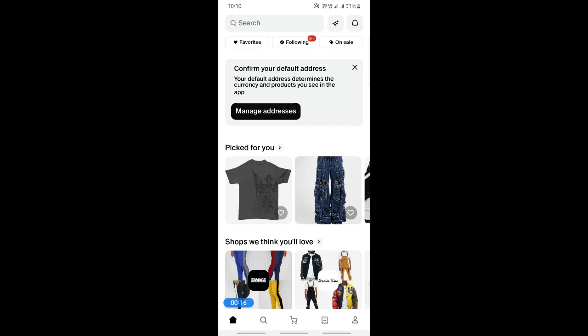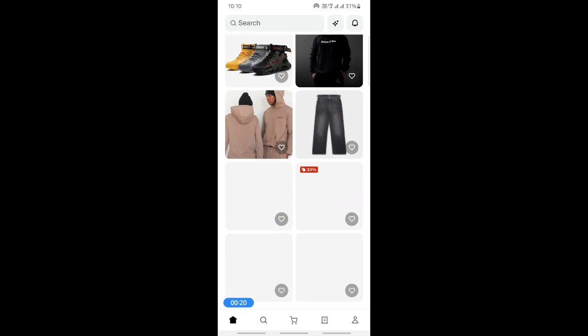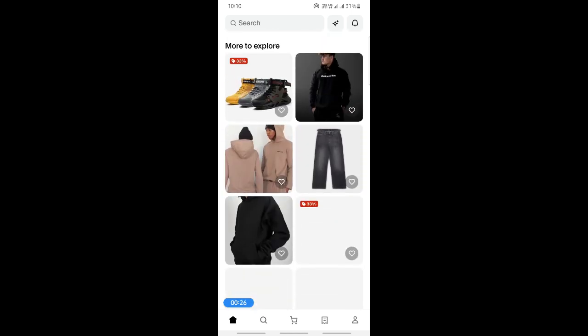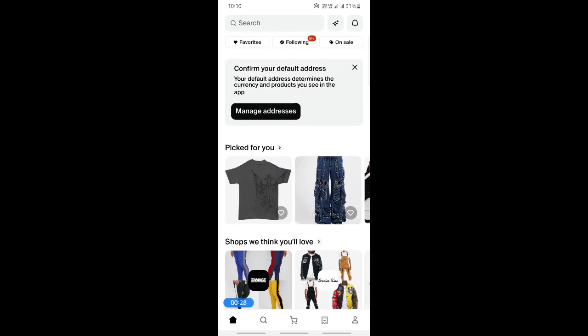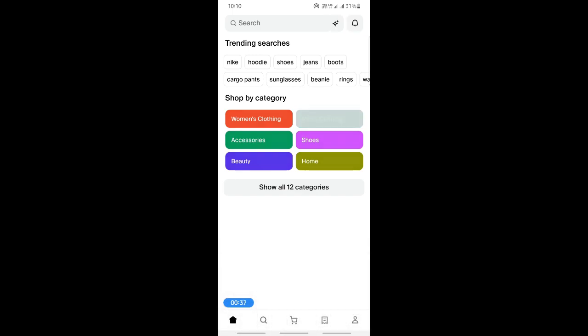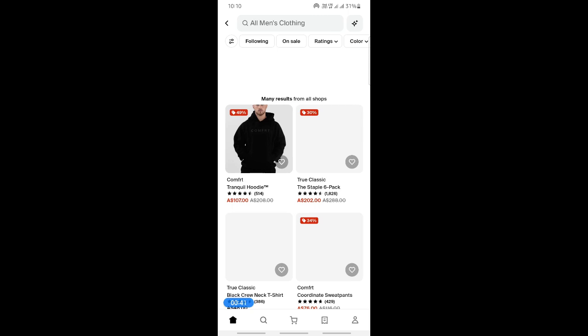And then once you're done here, if you want to place an order, you can simply, on your home page here, you'll have different orders and categories, so you can simply click on any one of them and then browse through the categories. You can either do that, or else you can hit on the search bar, and then you can search for any item. Just type it and then search for it, or you can just select the categories here. So however you want, you can just browse through the page